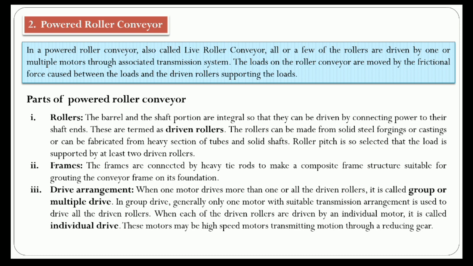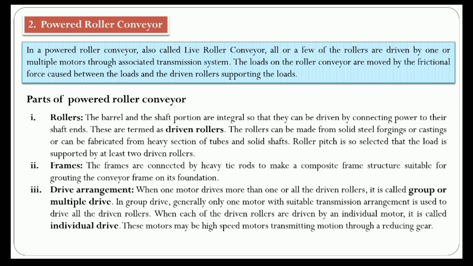Now, the transmission of power from motor to the roller varies widely depending on use. The drive shaft with supporting bearings and the bevel gear are housed in a box frame and particularly immersed in oil for lubrication. There are some designs available for the roller conveyor, where you can easily understand how group drive and individual drive are differentiated.